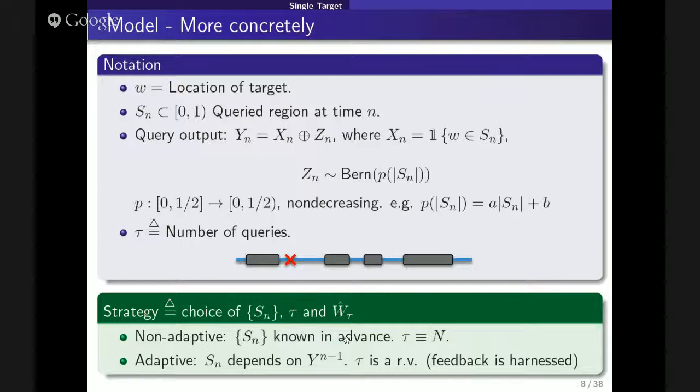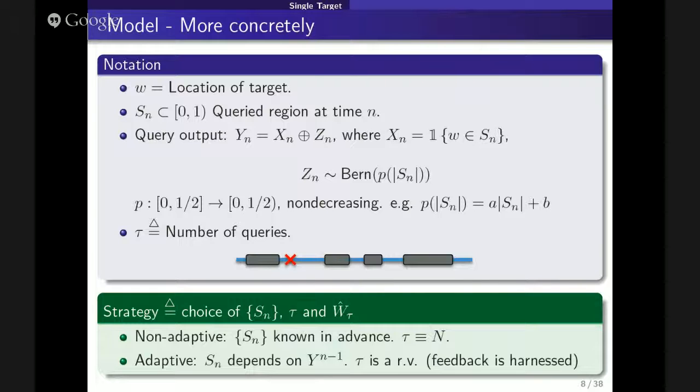On the other hand, we have feedback here, as I said a few slides ago, and then we can do an adaptive scheme. So in an adaptive scheme, S_n will generally depend on the past answers we get. A famous example of an adaptive search scheme is binary search. Like divide and conquer, where you start by looking at half the region, and if you see the target, you zoom into this half. If not, you zoom into the other half, and so forth. This is an example of an adaptive scheme, and we'll see our adaptive scheme here. Of course, binary search will fail in a noisy model.